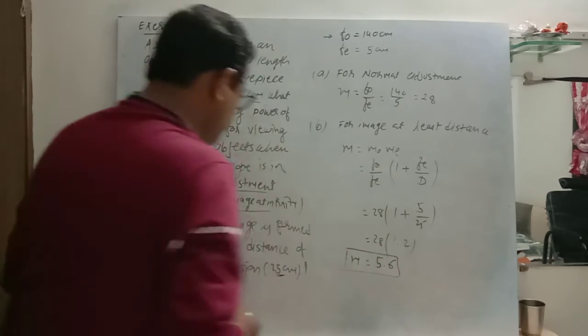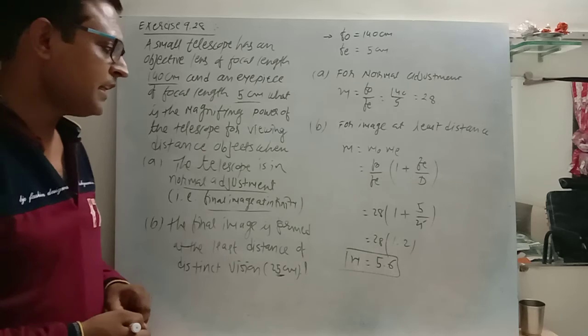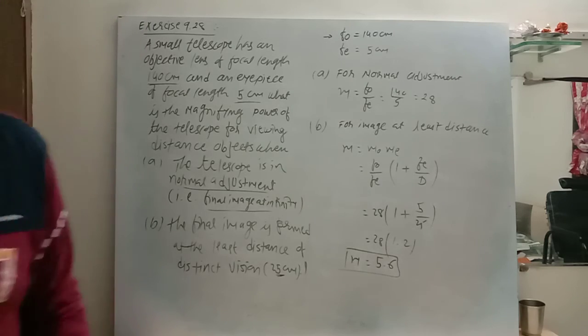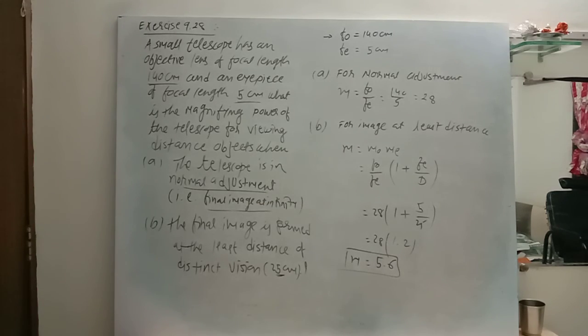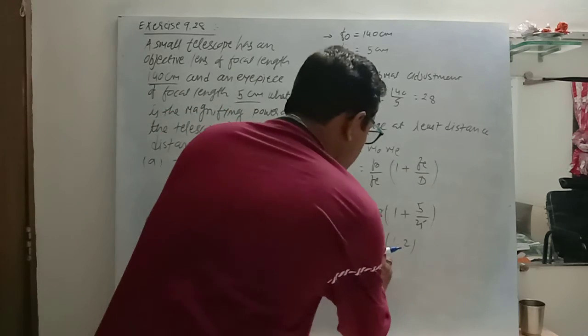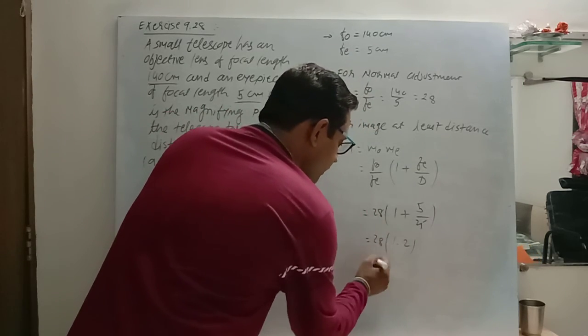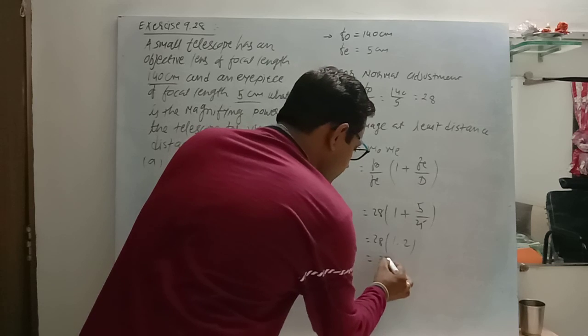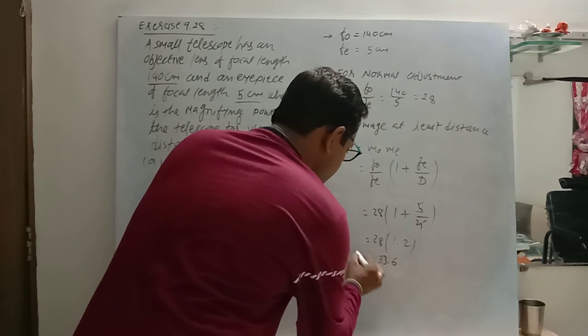Then for the normal vision the magnification is 5.6. Sorry, the multiplication of 1.2 into 28 is 33.6. Then total magnification